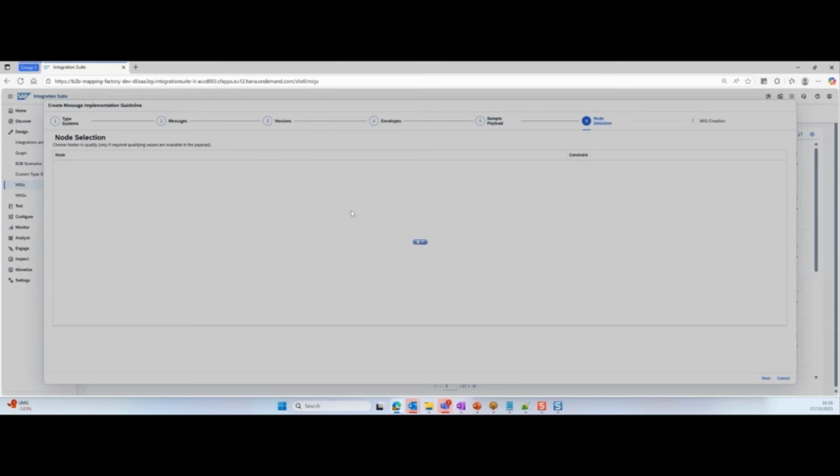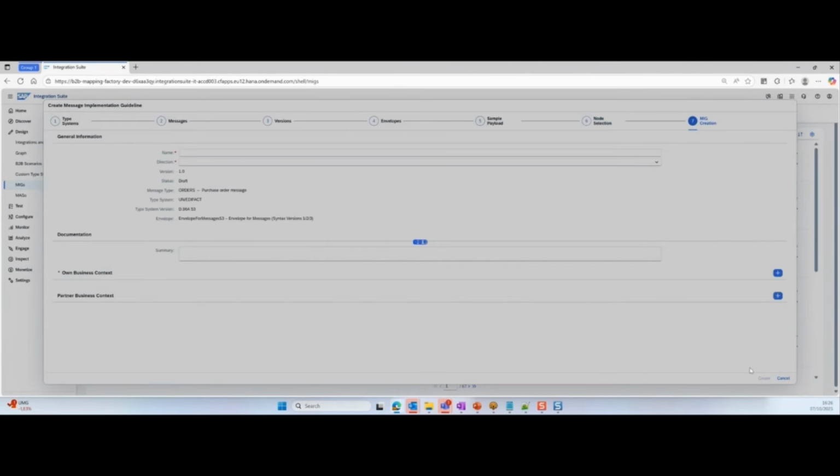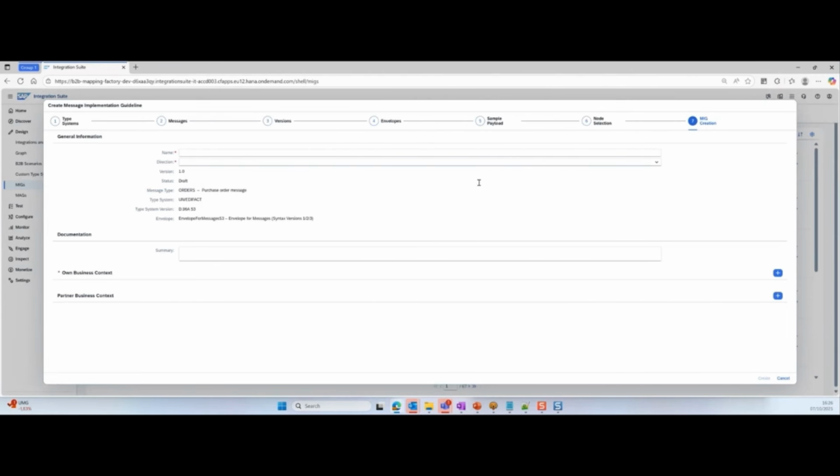Now I am selecting next, and then here there is this option, node selection. Here you can select the nodes which you want to qualify, which have some qualifying value in the payload. But that step you can also do after creating the MIG. So I will just go ahead